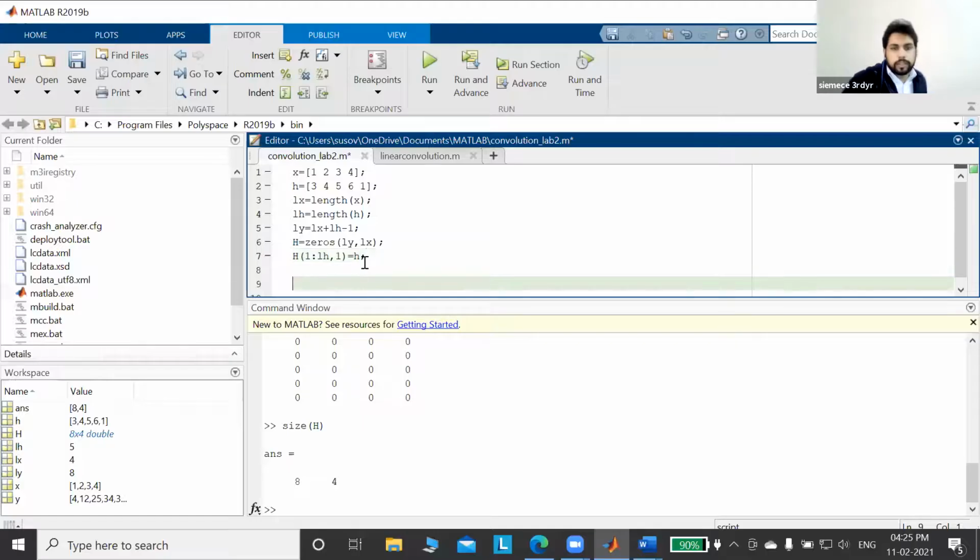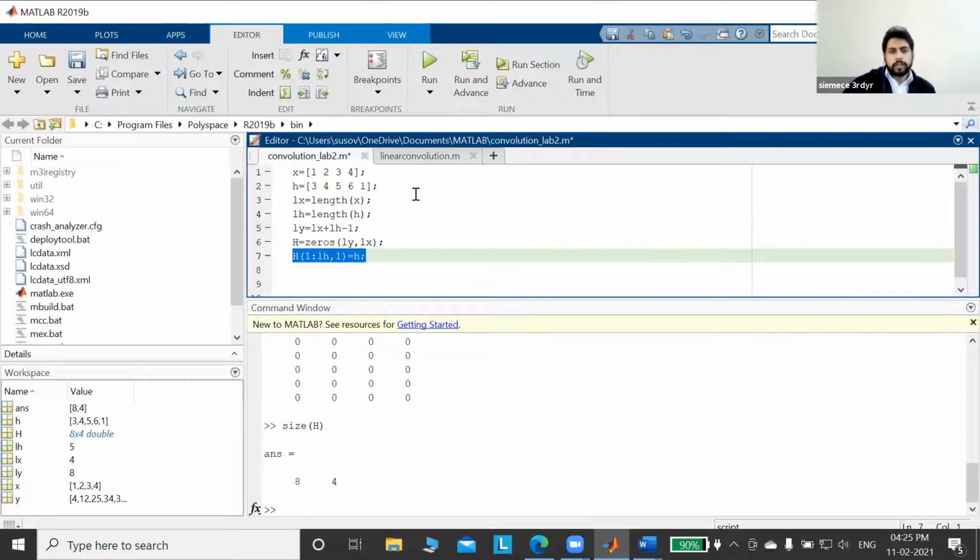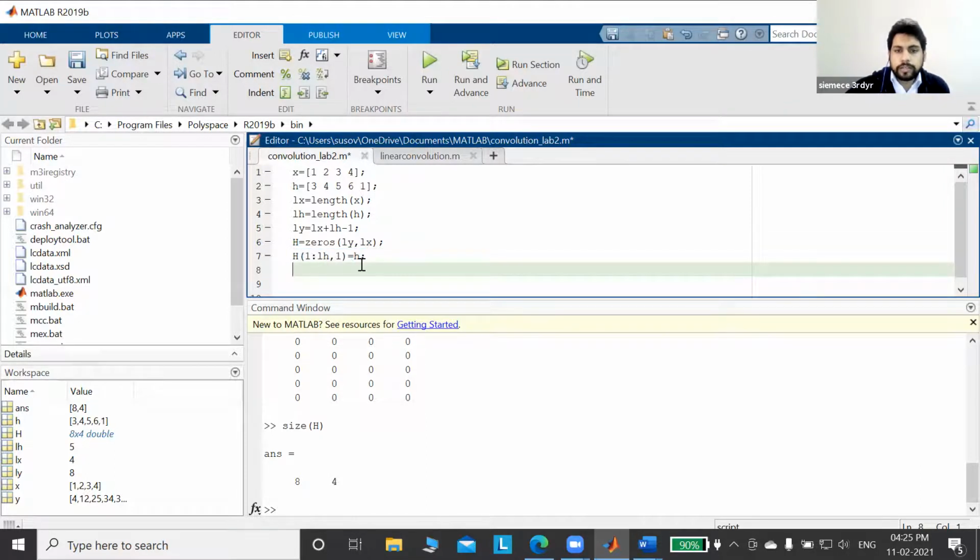By writing this line, I can actually insert the value of h at the zero matrix. So if we run this, you can see.